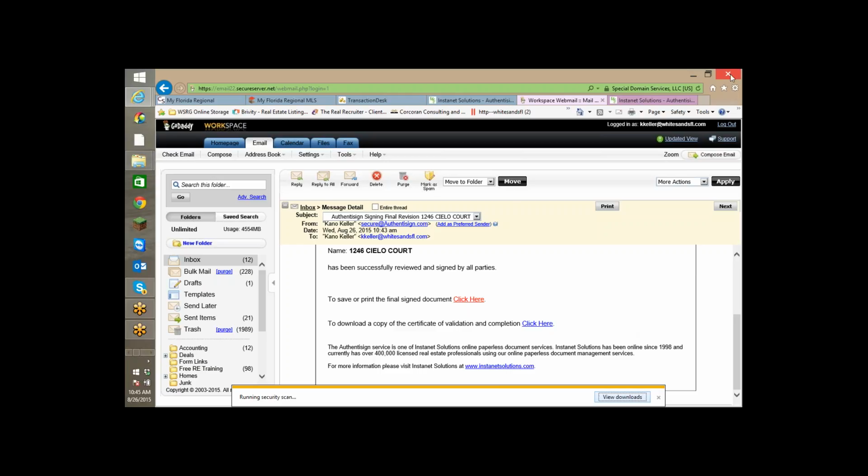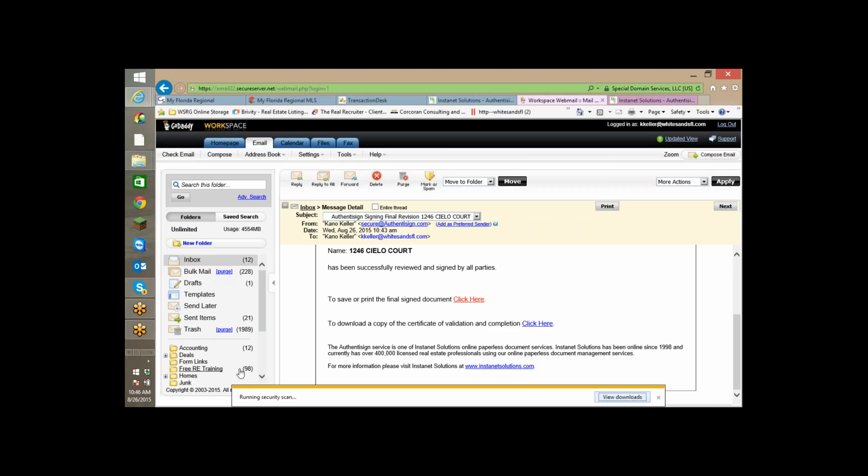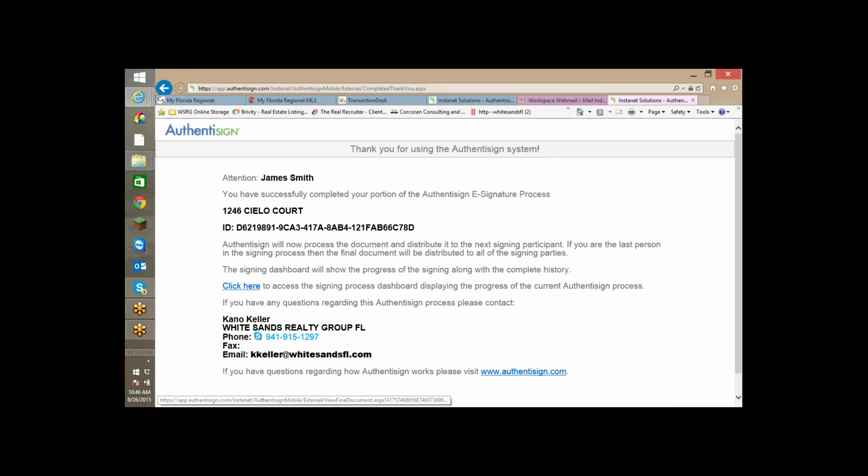Daniel, I have a question. Sure. If you're sending a document to multiple people to sign, does it matter if you do it simultaneously or in line? Like if you did it simultaneously, they all get it at the same time and then you get one back from each person, or does it collaborate and put them all together into one document? Well, it works both ways. So if you do it simultaneously,